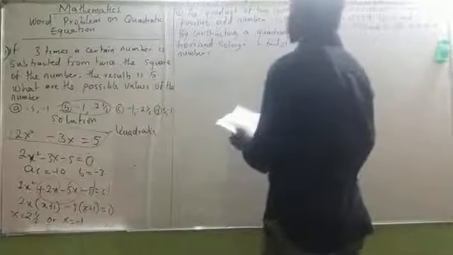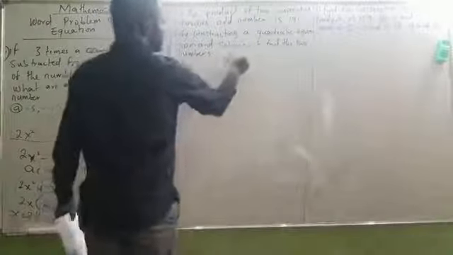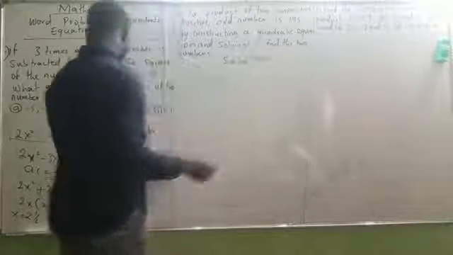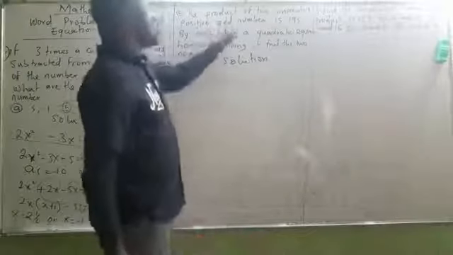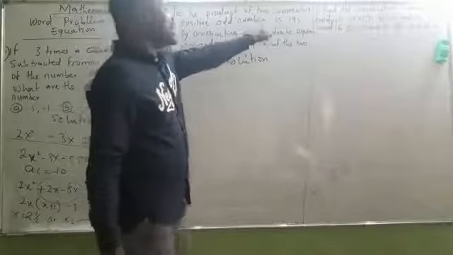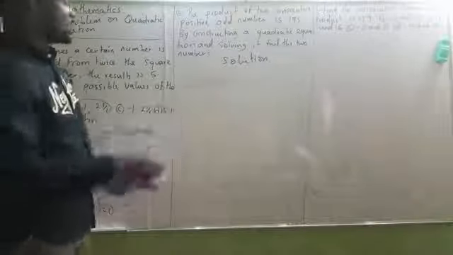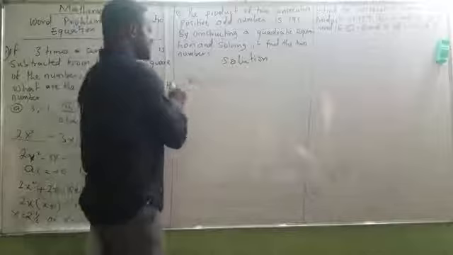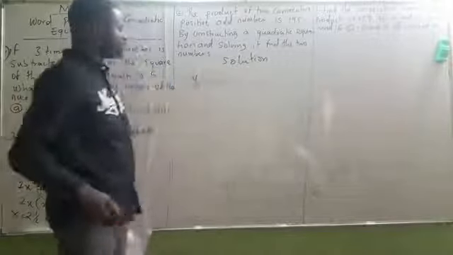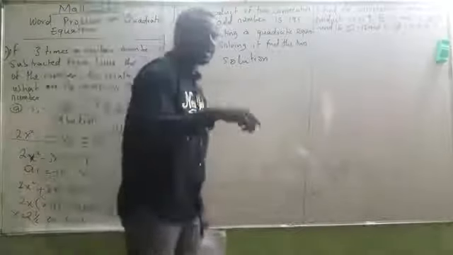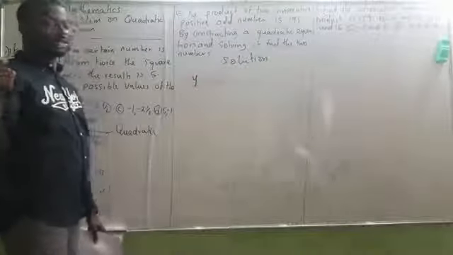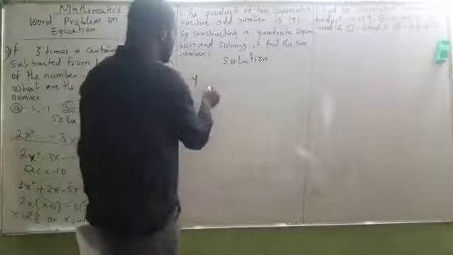Now, let's try to figure this out, to attend to this problem. Let's see how it will go. Now, I have this particular problem: the product of two consecutive positive odd numbers is this. When we talk about odd numbers in mathematics, look at me. If I have a number like this, let me use y as the number. This number is odd. If I add it with 1, I won't get odd in the next one. It means I will add it with what?